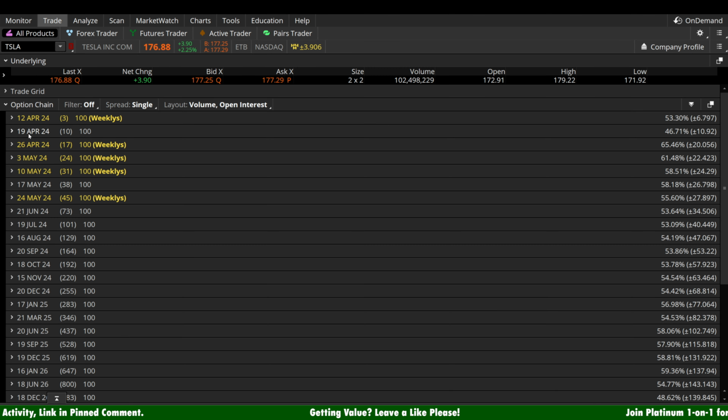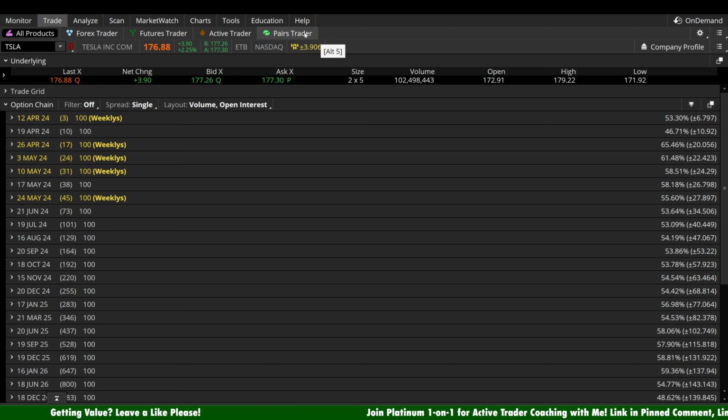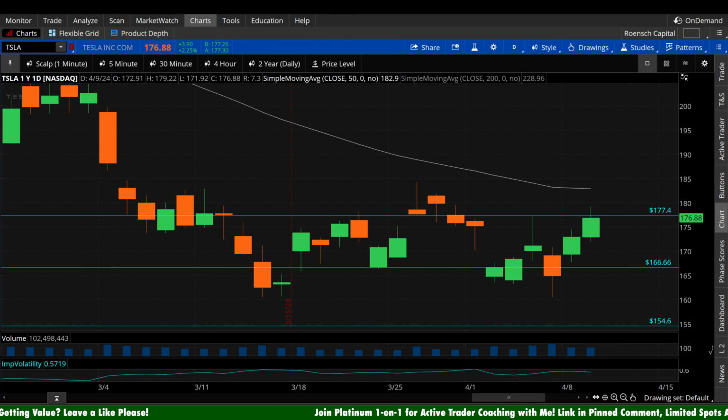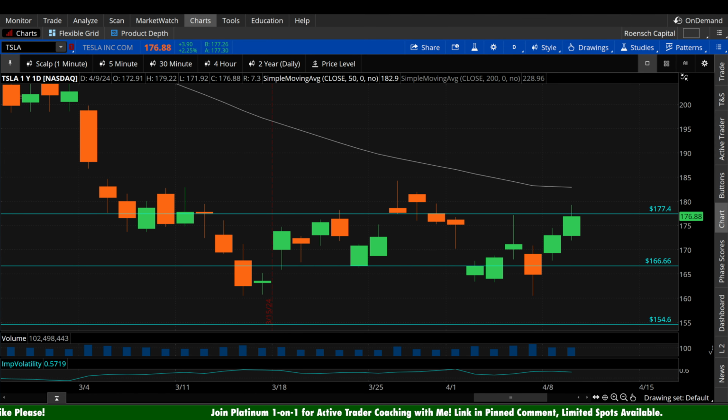Now, let's take a look at the expected move. The next expiration we have here on Tesla is Friday at the close, April 12th. The expected move that the traders in the market are expecting here, the one standard deviation expectation by the close on Friday, is plus or minus $6.80 per share. Now, we have no earnings or anything between now and then. So if we divide that by the 3 trading days we have left this week, that gives you about $2.27 per share. What I like to do is add 50% to that to make up for the fact that that assumes a green or red streak. Okay, so a mix of green and red days potentially. And that gives us a market expectation of about plus or minus